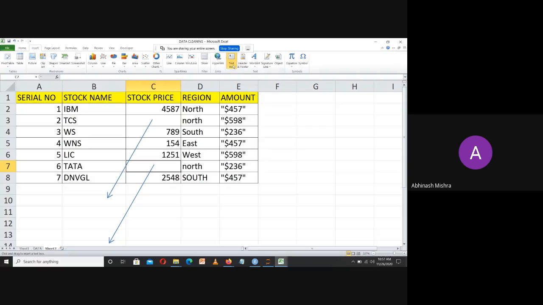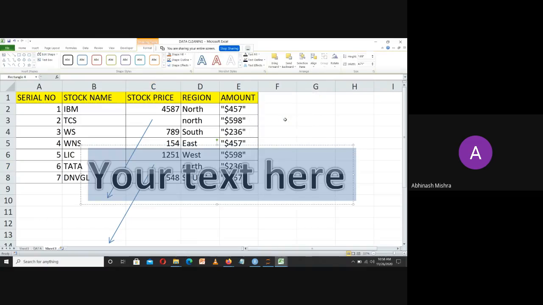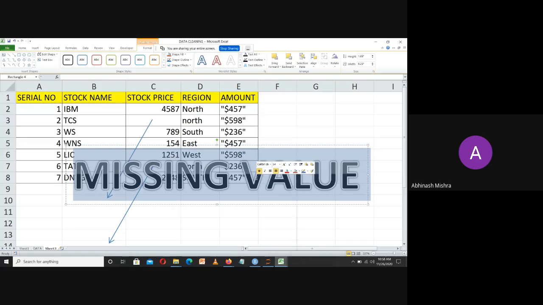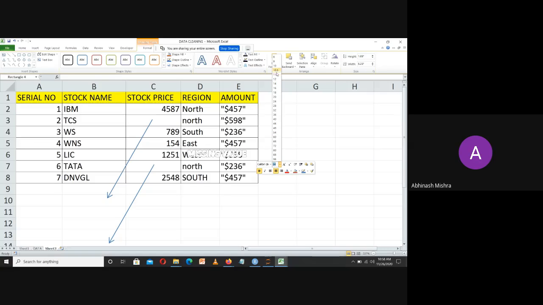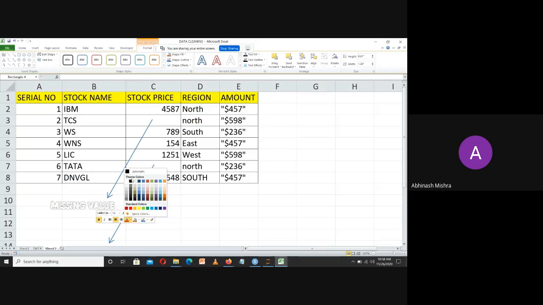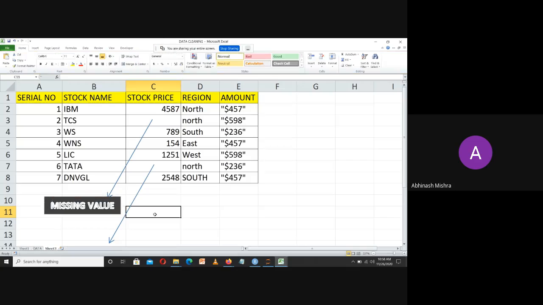I can easily quote this particular one as missing values.